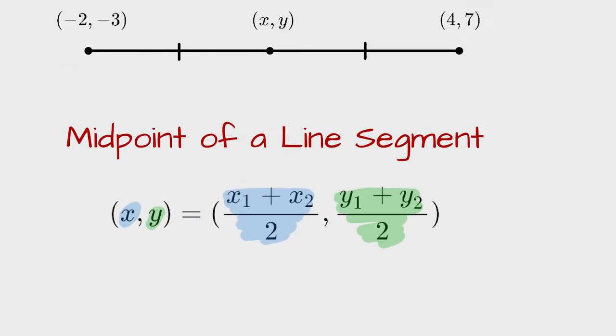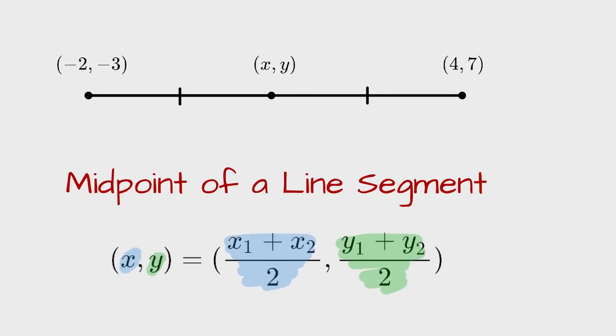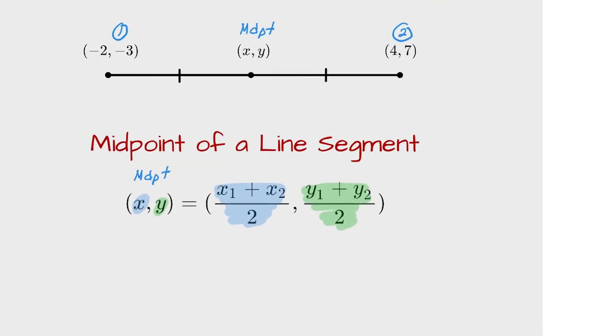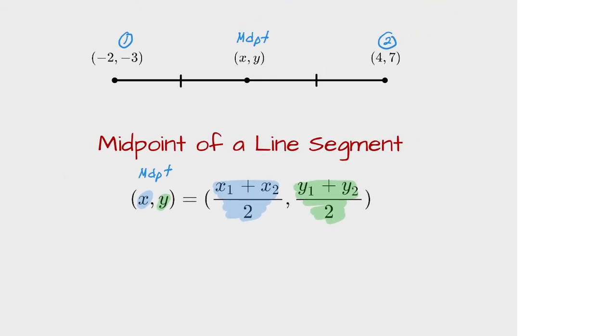So going back up to our example, I like to work from left to right. Here's coordinate number 1, coordinate number 2, and we're trying to find the two missing values of the midpoint. So this xy coordinate here is the midpoint we are trying to find. At this juncture, we're going to sub in our values. The midpoint that we're trying to find